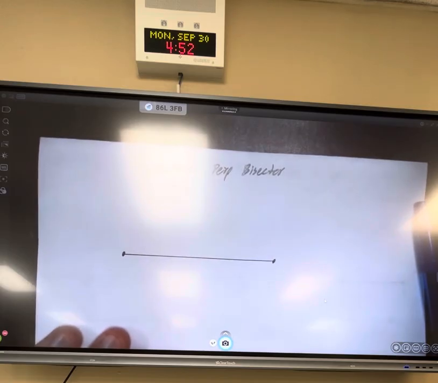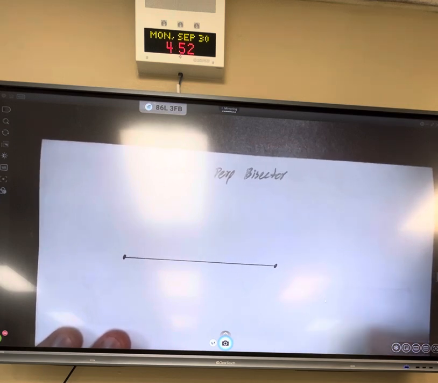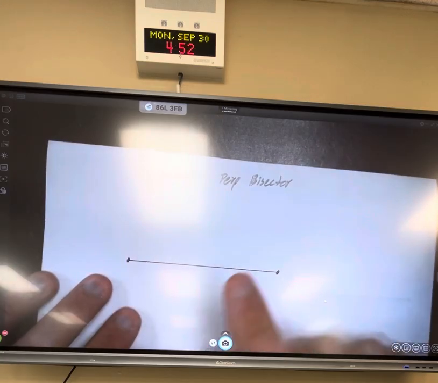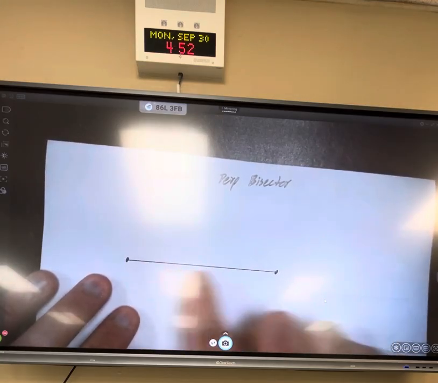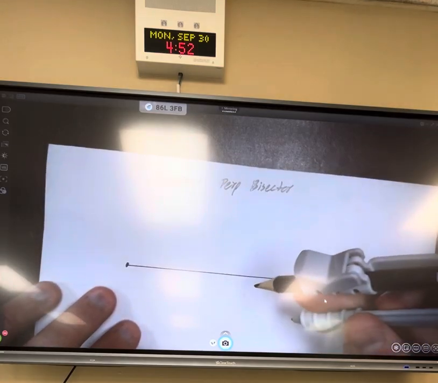Give me 5 minutes. So, perpendicular bisector. This is what we have on the exam or quiz, and now we want to construct the perpendicular bisector of this. So what we're gonna do, step one, put the compass point on